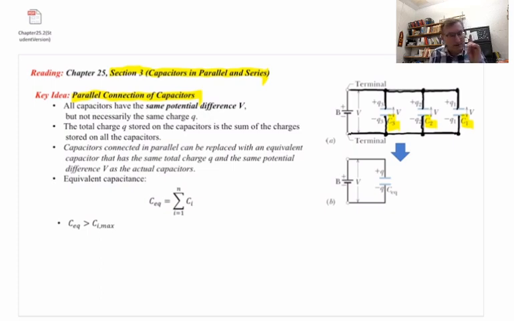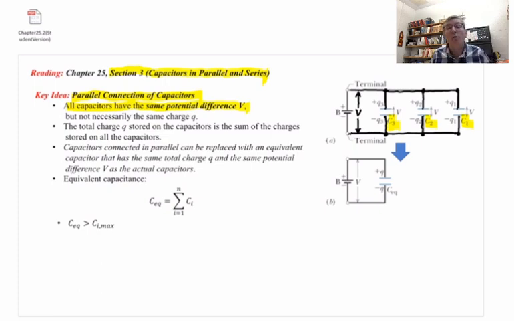Well, one of the main things that we have to be able to identify when we see that kind of drawing is a parallel connection of the three capacitors. And in this case, they've been all connected across the terminals of this battery. And the battery has a job. It creates a potential difference V between its two terminals. That's what it does. Here's one of the main things to note: all those capacitors have the same potential difference V,